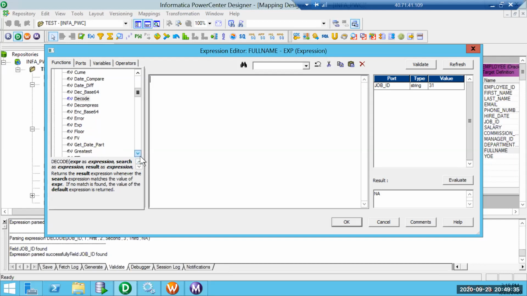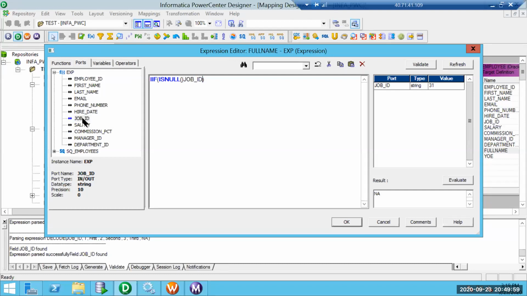If is another very frequently used function. When we have a lot of comparisons, we can go for if. Let's suppose something like if is null of my column job ID.